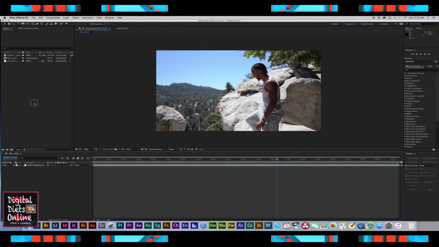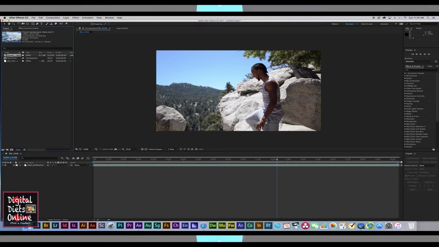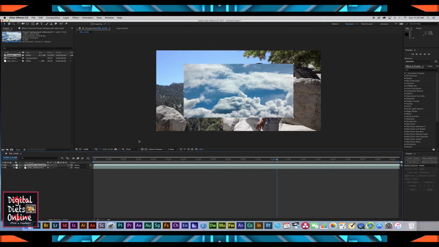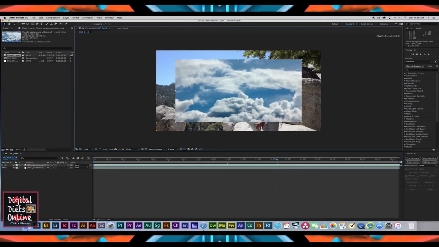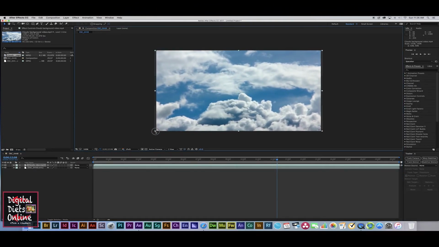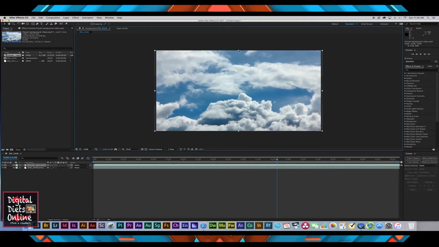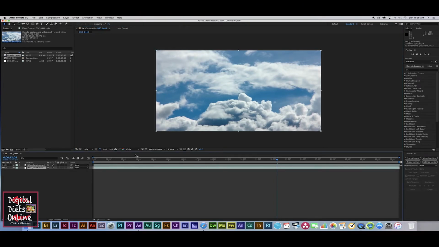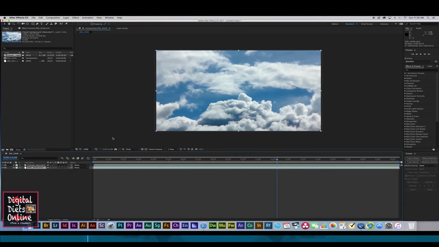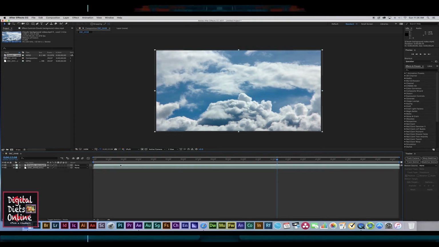So I'm going to go ahead and bring that layer down like so. Blammo. All right, and go on ahead and stretch that out. Okay, so once you have that there and your cloud is covering your first layer, you would want to click